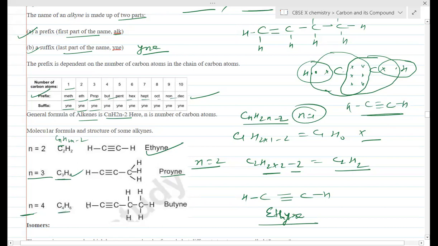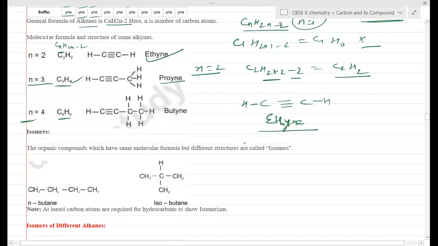N is equal to 4. You will get C4H6. So I am trying C4H6 also. C4H6. So how to draw? First you write 4 carbons. Put single bonds between them. Between any 2 carbons, you can put a triple bond. Here I am putting it. With this you see 1 2 3 4 bonds. With this 1 2 3 4. Here we cannot make more. With this carbon 1 2 3 4. You have to fulfill the tetravalency. 1 hydrogen, 2, 3, 4, 5, 6 hydrogens.